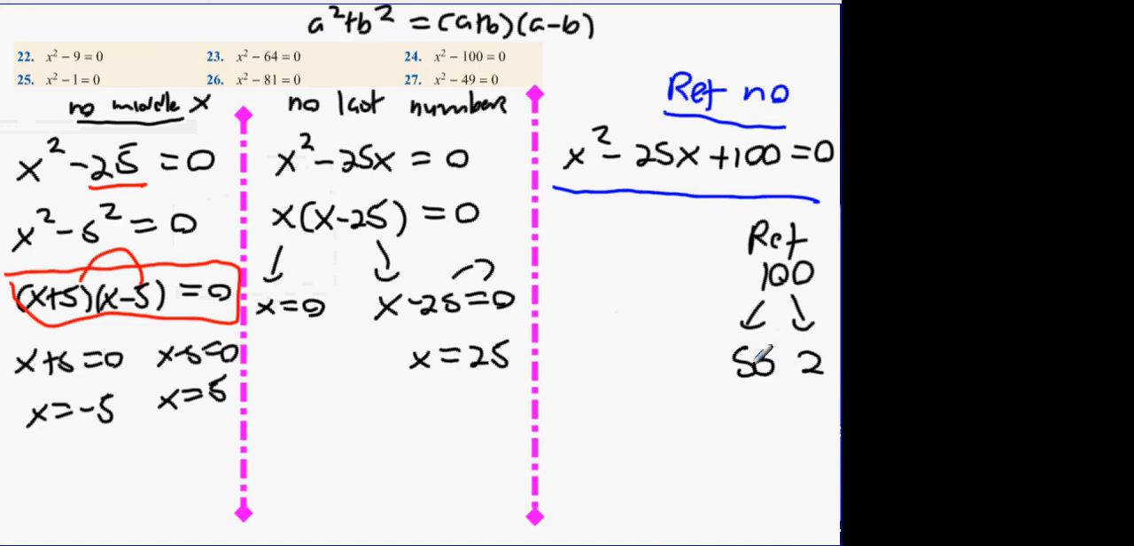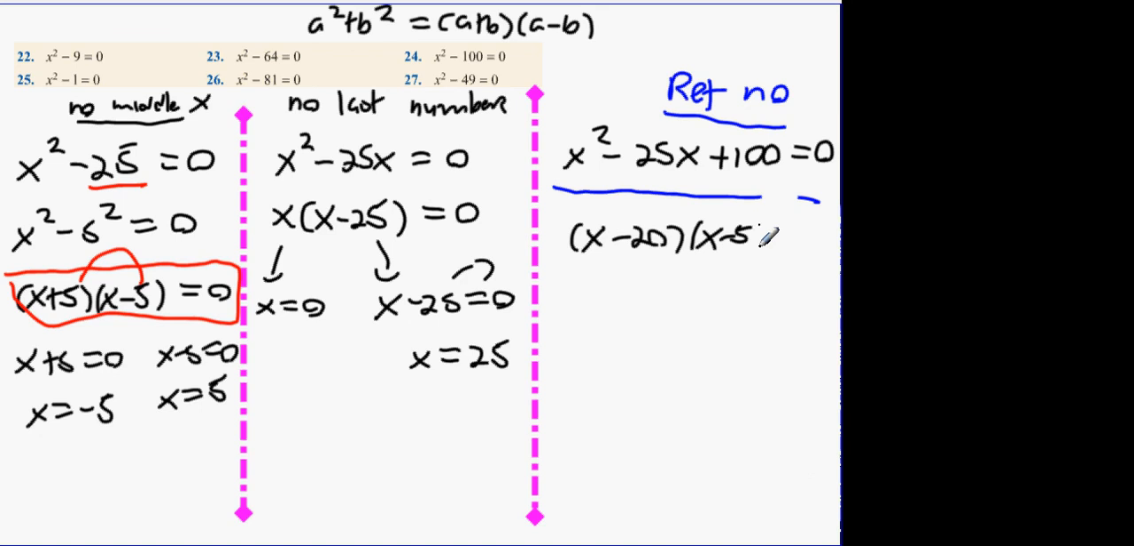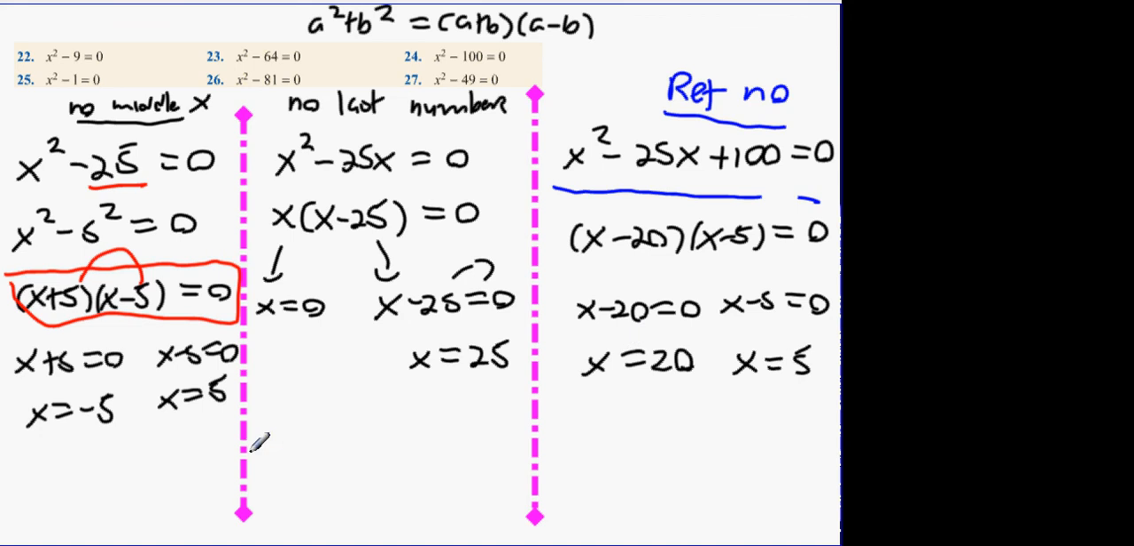20 and 50 doesn't work. Pick another number. 25 and 4. 20 by 5 will work. Minus 20 minus 5. So guys, we're alright. So it's going to be minus 20 minus 5. And what's going to happen here is we're going to get x minus 20, x minus 5 equals 0. Then we get x minus 20 equals 0 and x minus 5 equals 0. So x equals 20 or x equals 5. Look at them, three completely different sets of answers. Okay, so that's